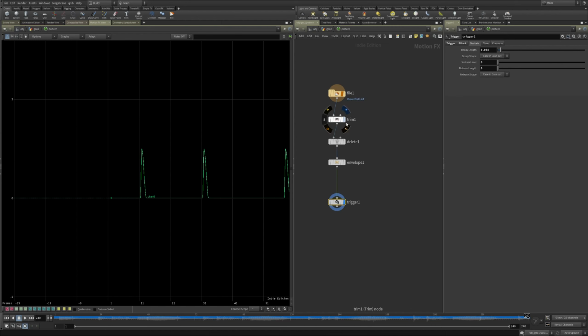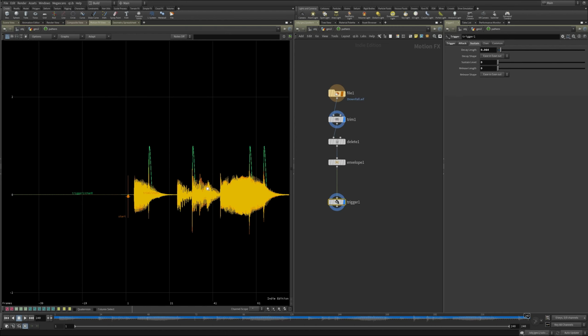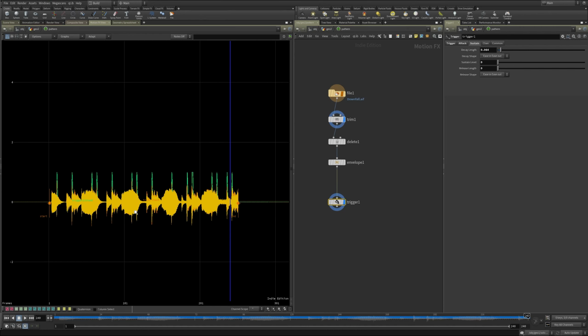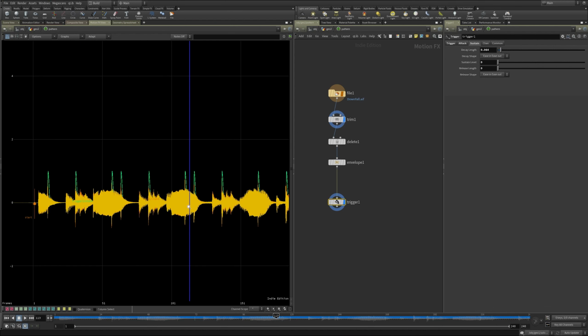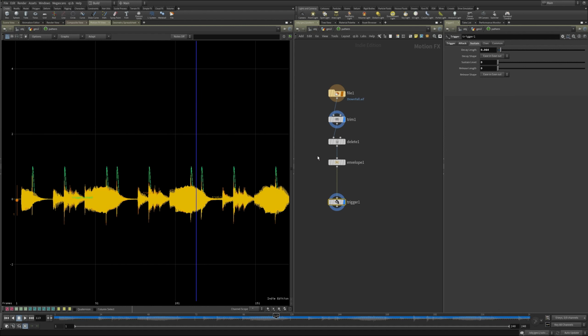Let me pull up my audio again so we can see what we're dealing with. I'm actually going to play the audio so you can hear it. There's actually a lot going on in the audio that we're missing out on. I want more in these areas that are dead in our trigger. I want more going on there.